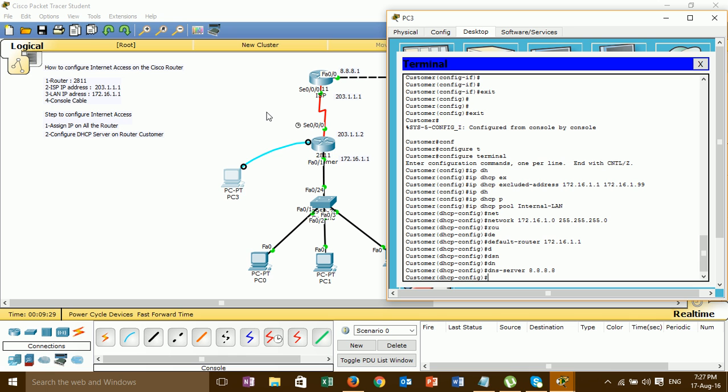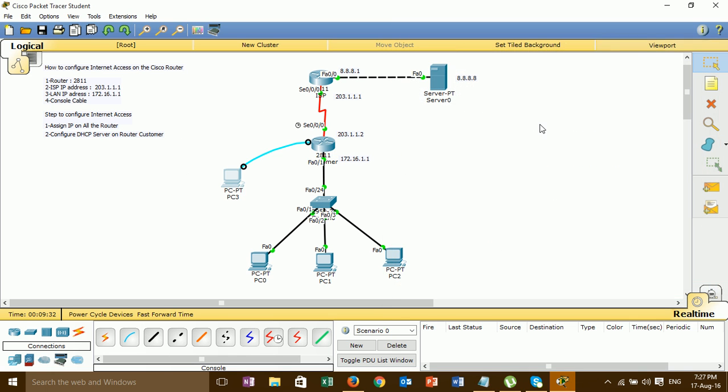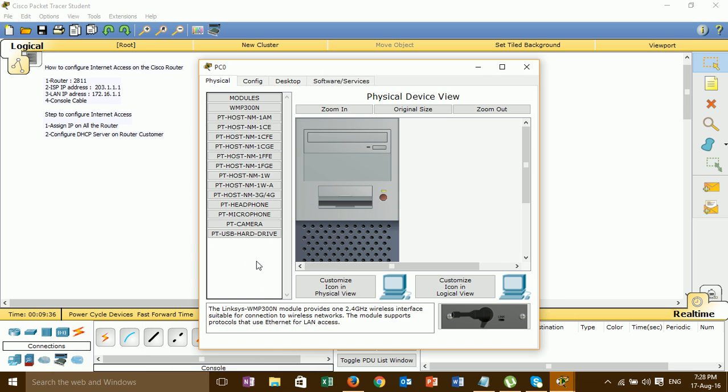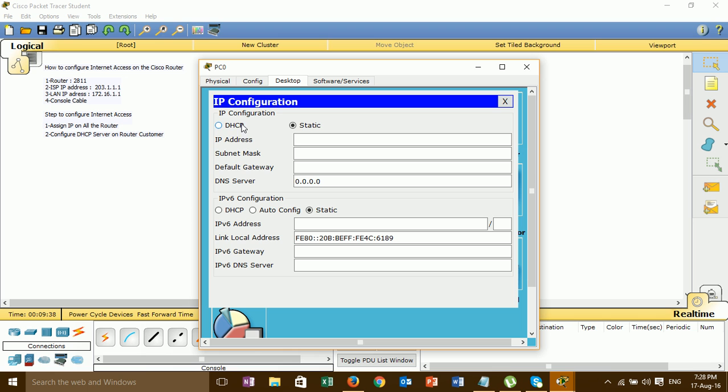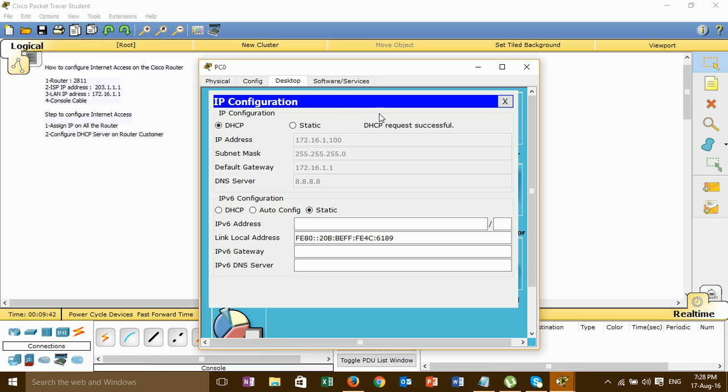We configured the DHCP already on the customer router. We can go to the PC and select DHCP. You will see the IP obtained from the DHCP server, 172.16.1.100.